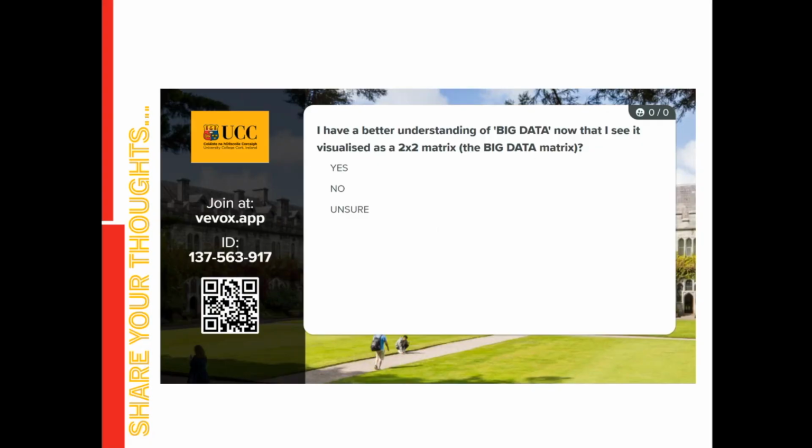I might just leave that up there for 30 seconds. I think people's phones may be able to read that QR code if they're that way inclined, or indeed you can just go to vvox.app, use that ID, and you potentially would be able to answer that question. This is just a still image as opposed to dynamic,